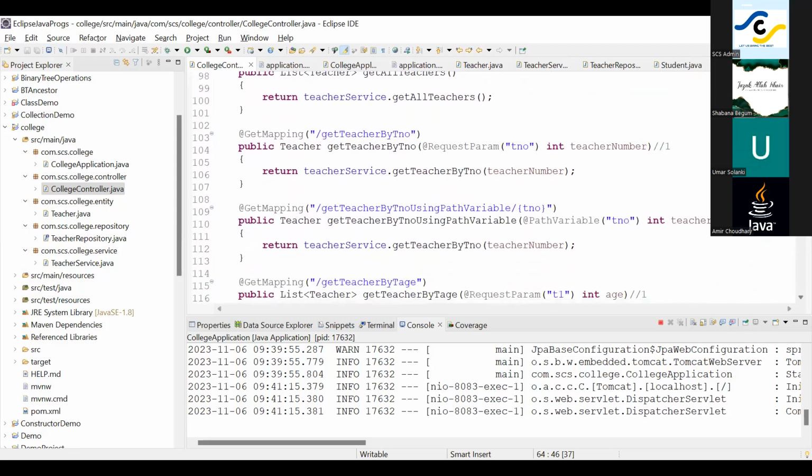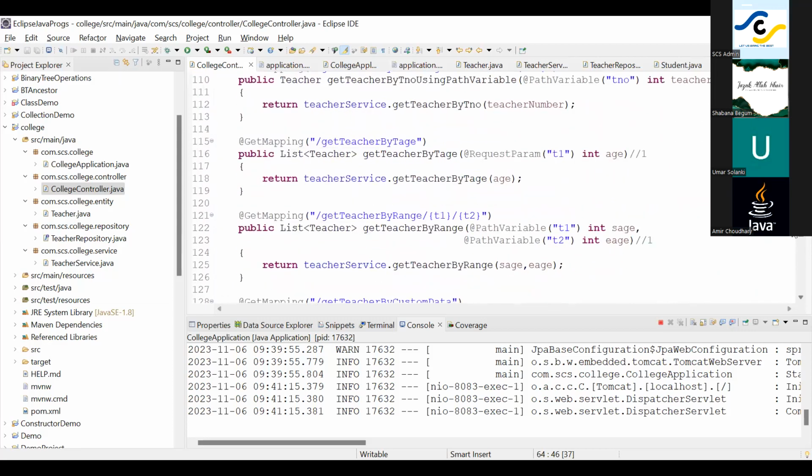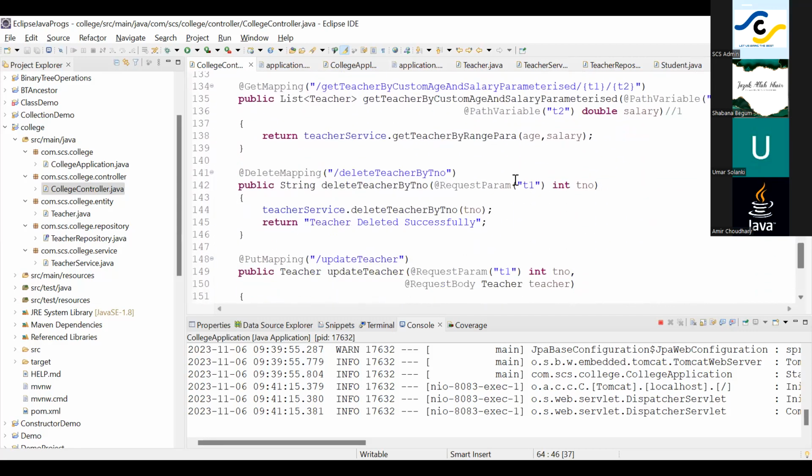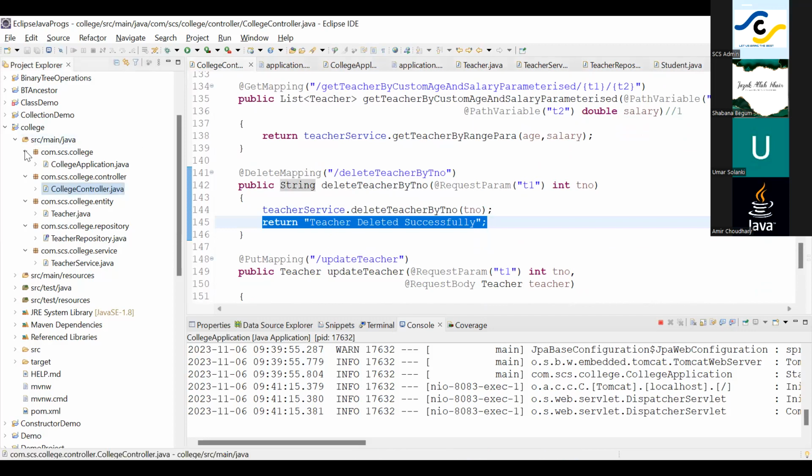Like here we were giving the one which returns a string. When you are deleting the teacher, you just call it teacher deleted successfully. So now if I want to give my own response, what I can do is